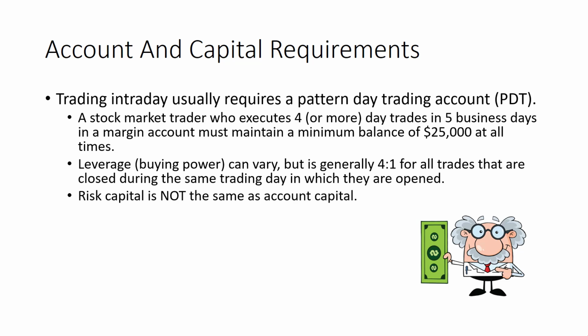Now, that money, that trading capital, is not the same thing as risk capital. So your risk capital in the account is going to be determined by you. How much are you willing to risk? Well, if you've only got $25,000 in the account, then you should see you're willing to risk zero, because after one loss, you're going to be below the PDT limit. If you have $30,000 in the account, that doesn't mean you're willing to risk $5,000. It just means you want to make sure that you're in excess of the PDT requirement.